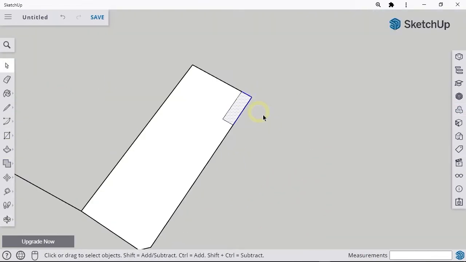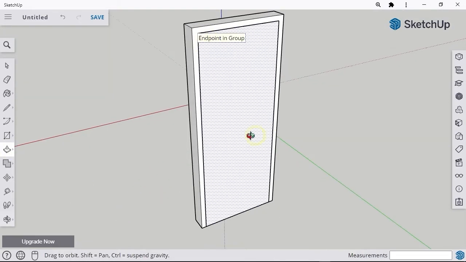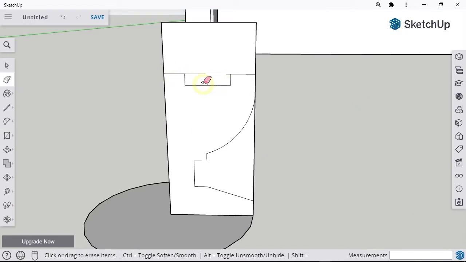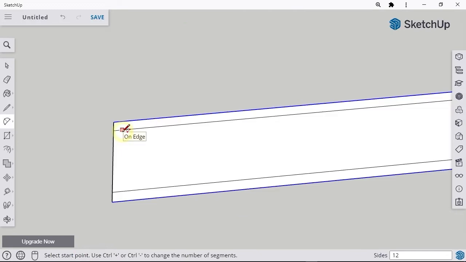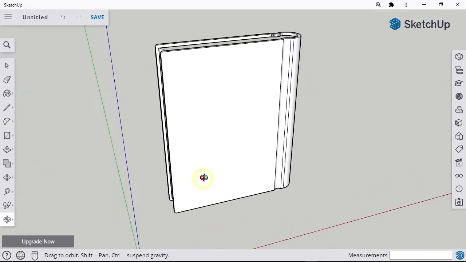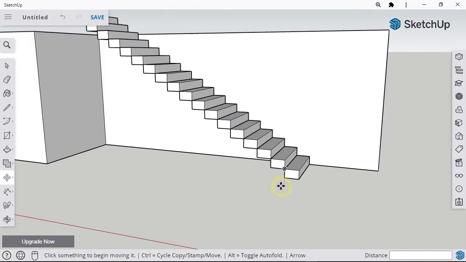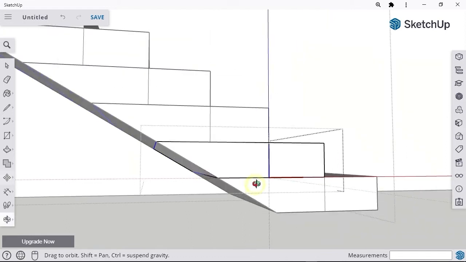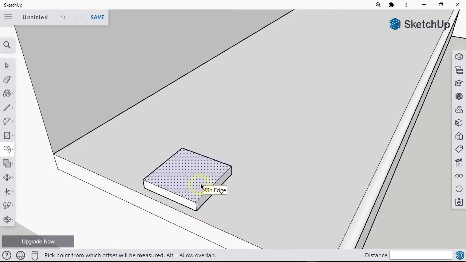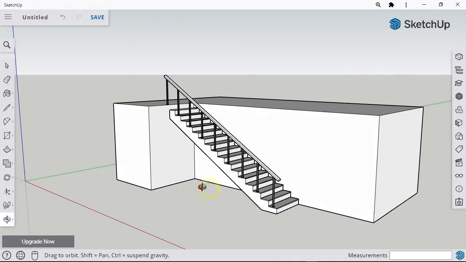Next, we will discuss the techniques for creating a double-sided door, starting by making the door frame, then the door leaf, and finally we'll create the door knob. Next, you will learn how to model a book like this. The last project in chapter 6 is creating a stair and its railing. You will learn a simple yet effective method for defining the stair steps without doing complex calculations manually.